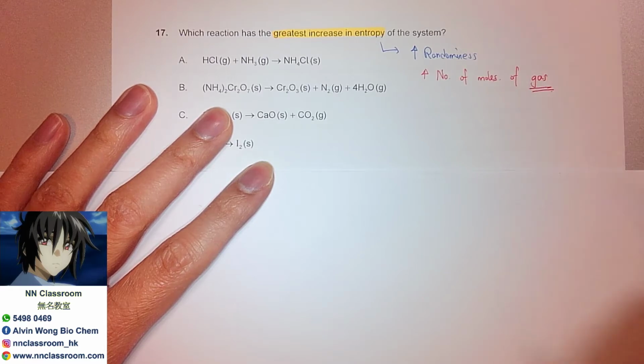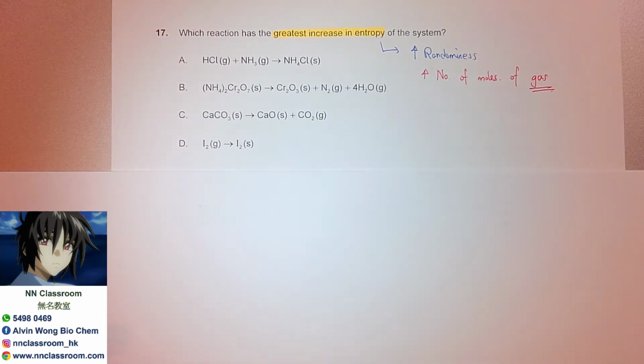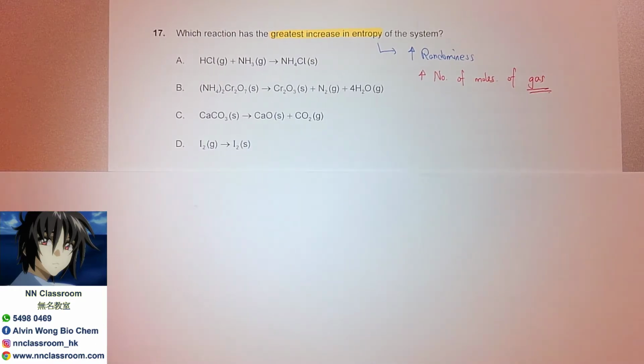Because according to the kinetic theory, the gaseous state has the most random motion when you compare it to liquid or solid, while solid has the greatest organization, the most ordered, in other words. So that's what we are searching for. Basically, the meaning behind this question is that we should find a reaction with the greatest increase in the moles of gas. So the more gas, the better.